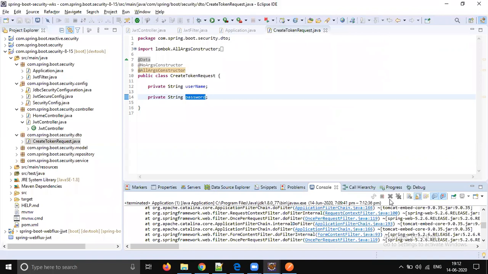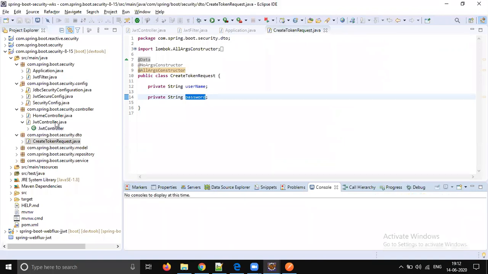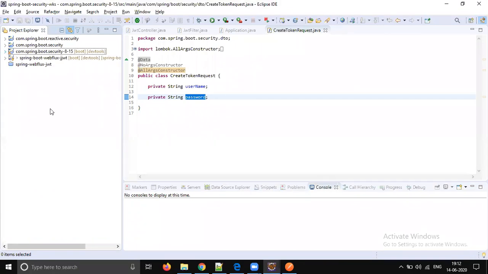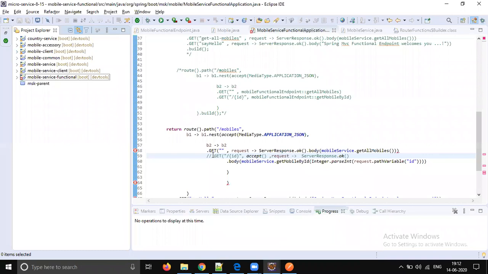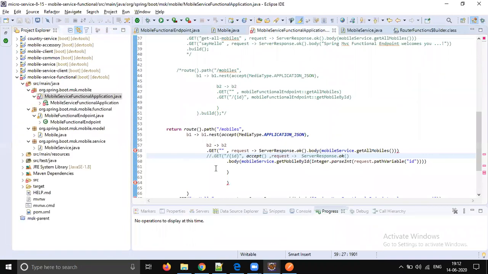Whatever we did in the last session, if you use a proper URL to test the application, it will work. Okay, so this is the first part, and the second part is Anshuman is asking how to get the XML data, right? Instead of JSON, we can say XML. If you say XML, it should automatically be converted into XML. So let's try that out. It's functional, right? So just pass XML.